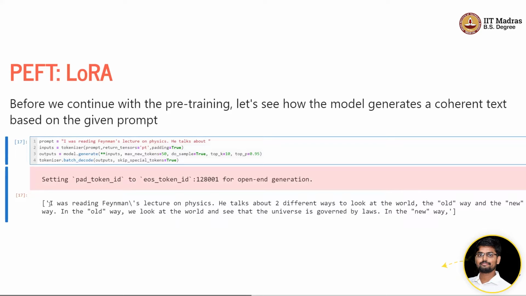If you execute this, you can see that it is able to generate a coherent text, and it's also meaningful, right? If you read this, I hope Feynman famously said this. If you execute this again, you will end up with a different sentence, but at least it is able to complete the sentence and it retains the world knowledge. That's a very important thing.